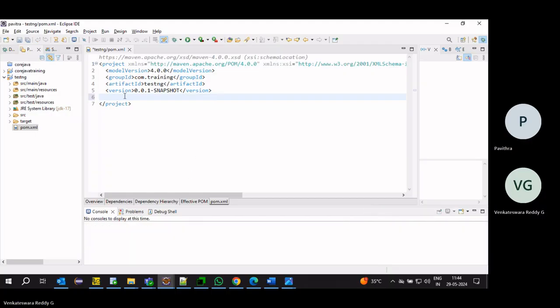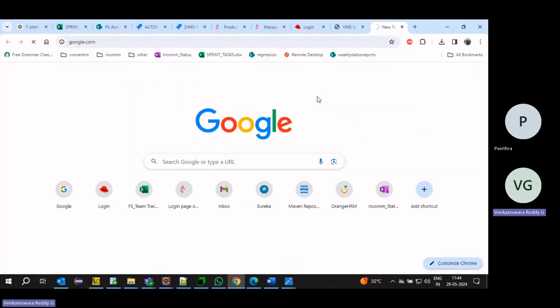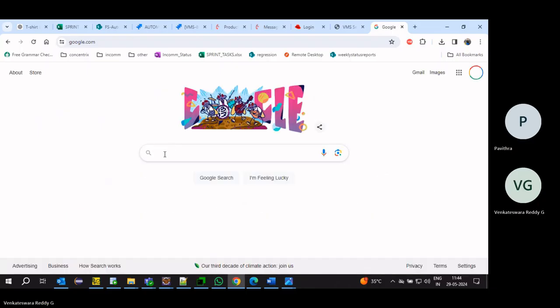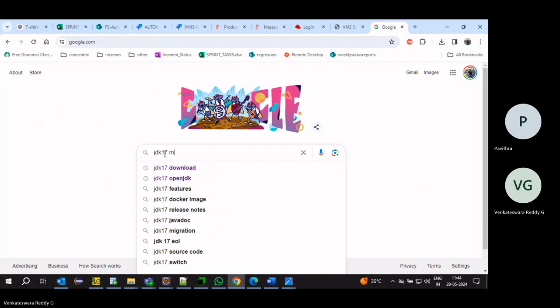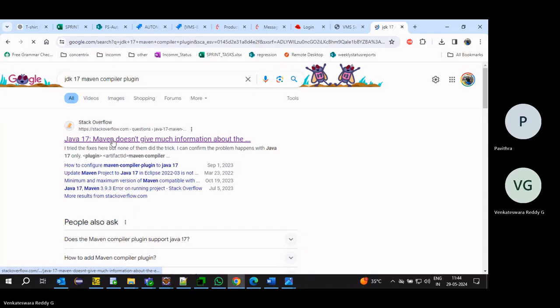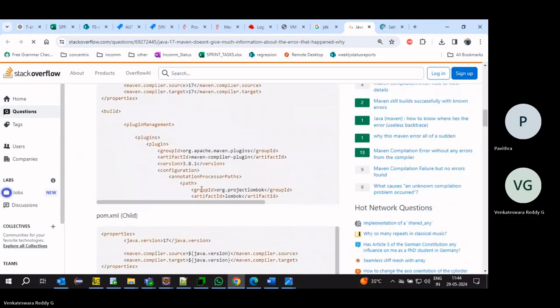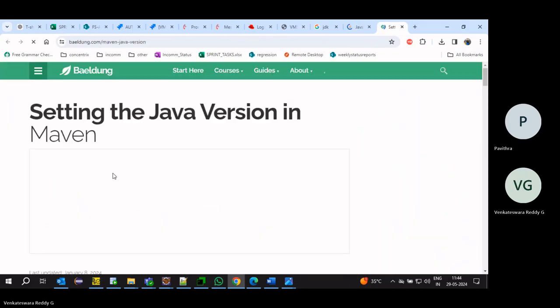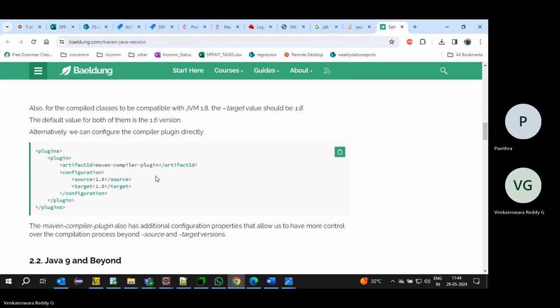I don't remember exactly how to add it, so we can search for JDK 17 and Maven compiler plugin. We can add the Maven compiler plugin.